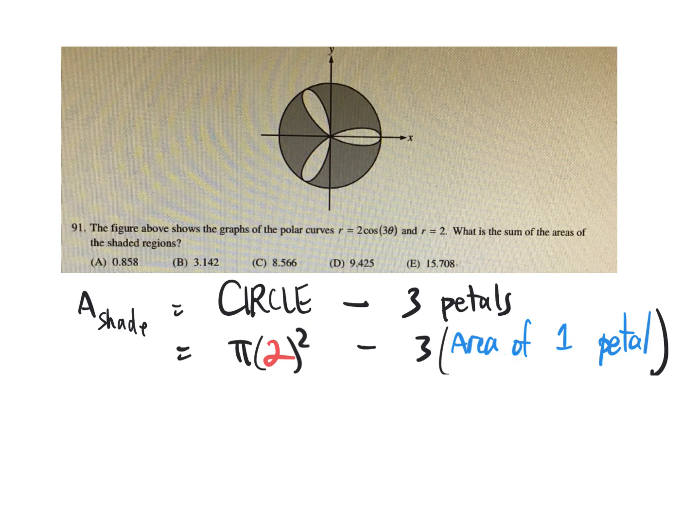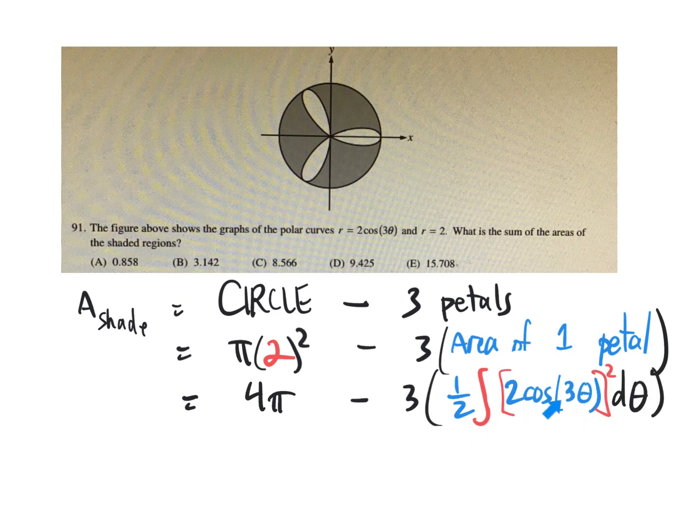We're going to use the formula 1/2 times radius squared d theta. And the radius is 2 cosine of 3 theta. So 1/2 radius squared d theta. This is a calculator part, so nice and easy, but we need to figure out what our limits of integration